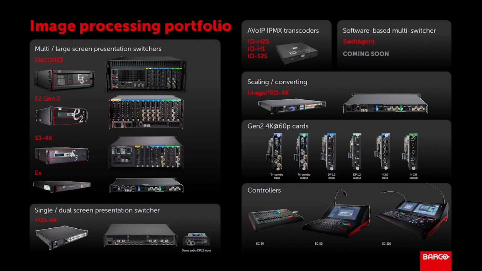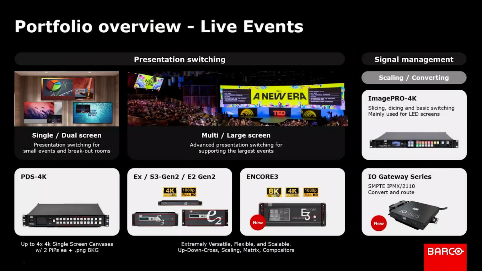We have scaling up down cross converters, like the Image Pro 4K. We have all of our Gen 2 cards, and of course our controllers like the EC30, EC50, EC210. I don't really want to get down into what each one of them does, but if we take a look at the next slide here, which of course you can always come back and consult on this recording that Rentex will host, but